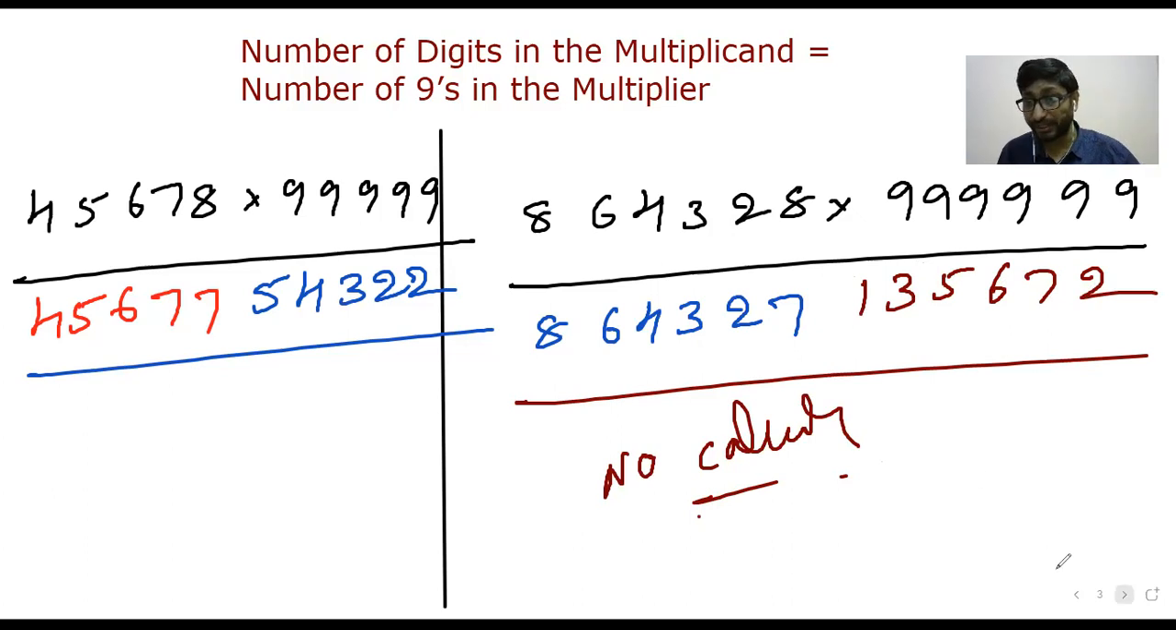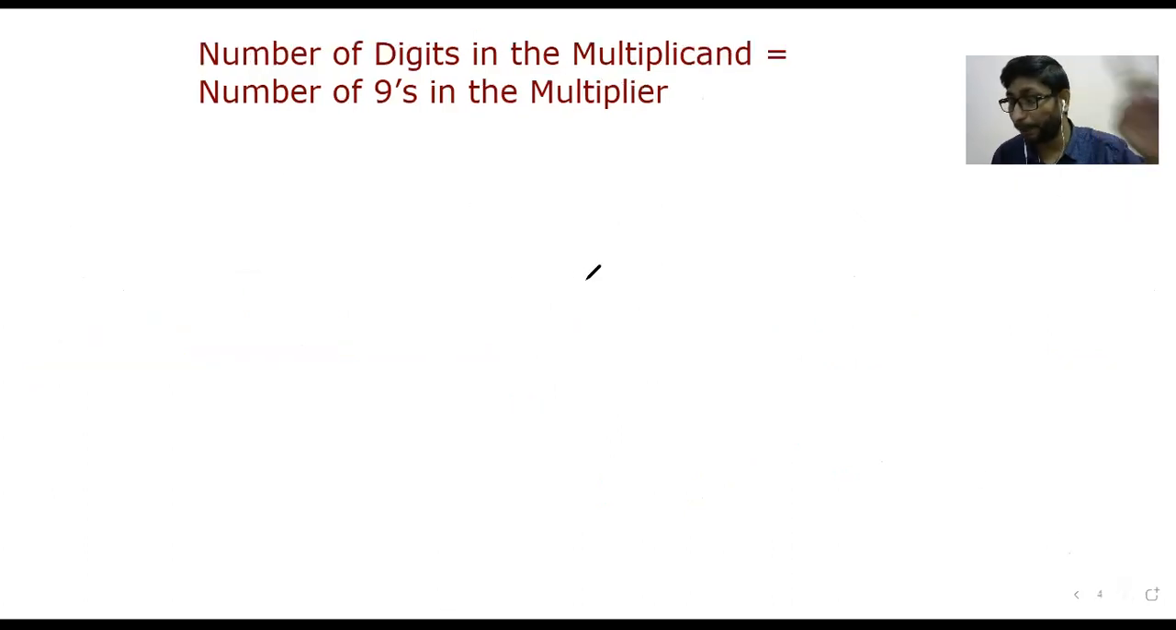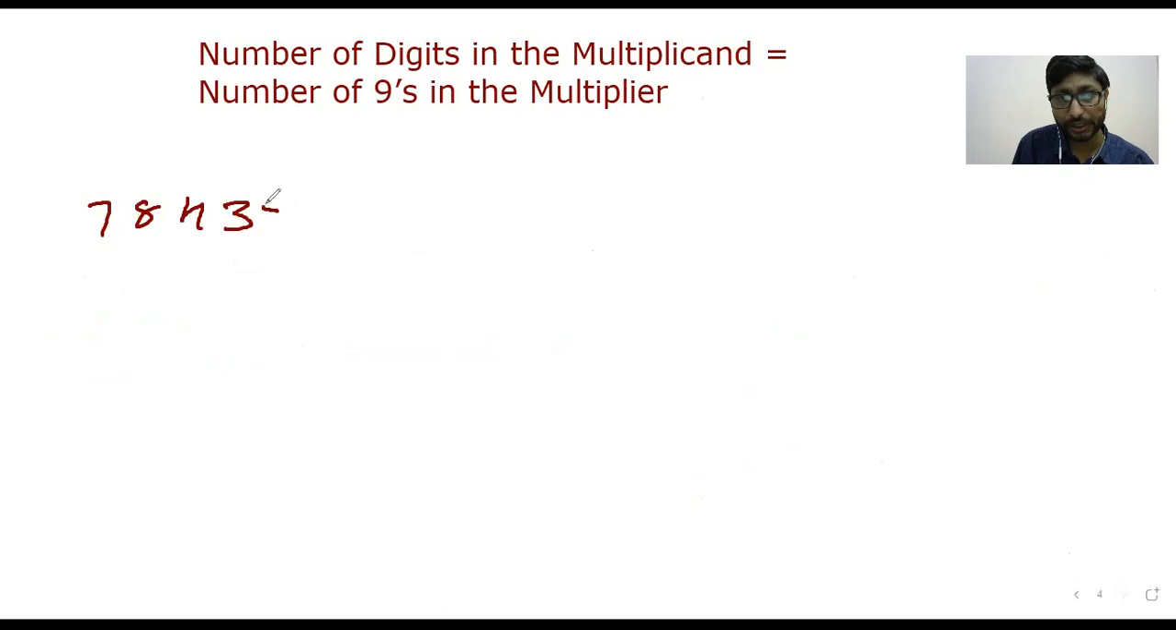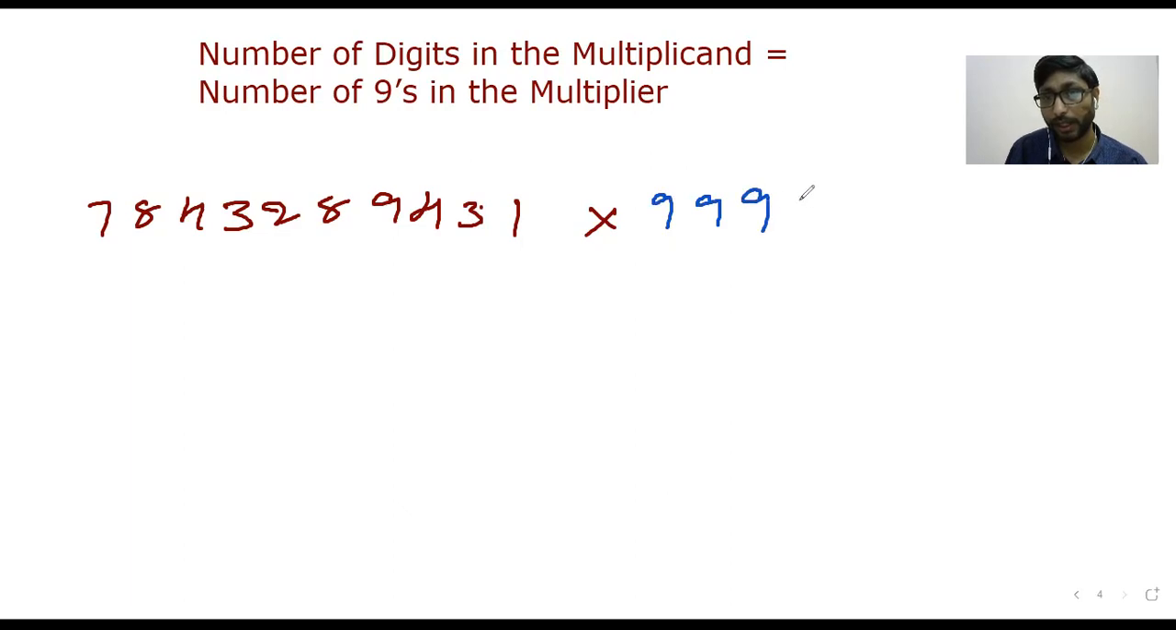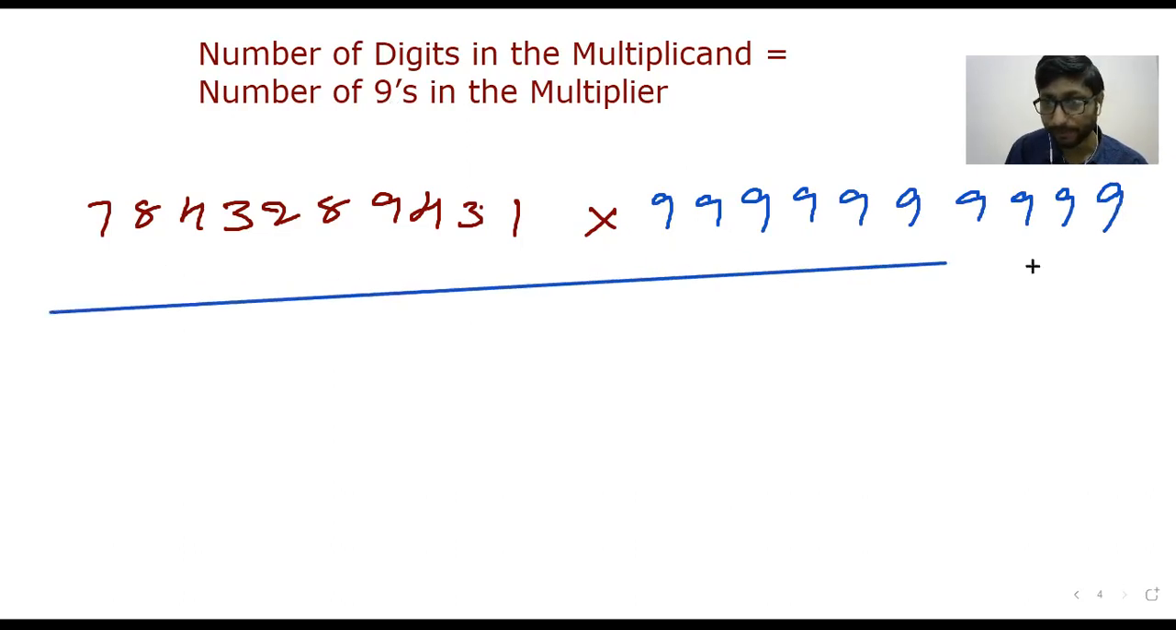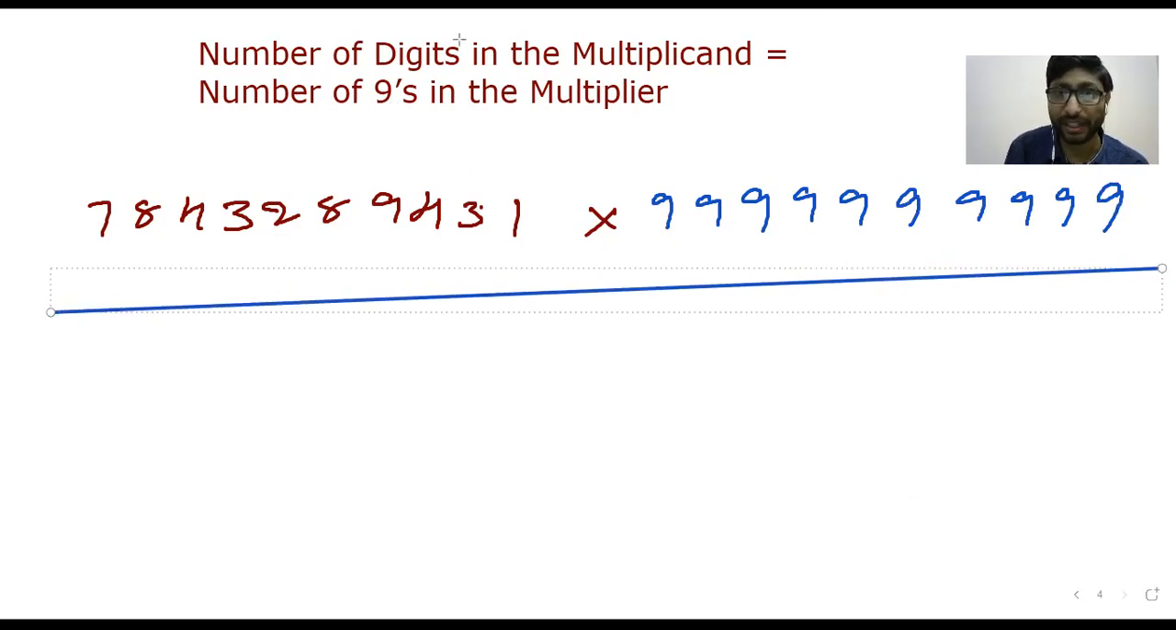Let's end up with this concept by showing you more big problems. 7, 8, 4, 3, 2, 8, 9, 4, 3, 1 multiply with how many digits are here? 10-digit multiplication. See, by understanding this problem, look at here now. The answer is going to be,